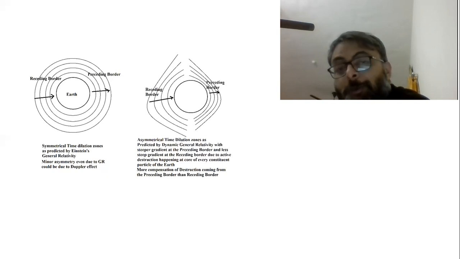Now, this is basically a phenomenological description. The exact computer model, we don't know yet. This asymmetry will depend on the preceding and the receding border, which itself is a problem. Where exactly will the preceding border of the Earth lie and where exactly will the receding border lie? There we will have to put drones and atomic clocks. We have to measure the preceding and the receding border time at various levels, and measure the difference. But really, you know what?